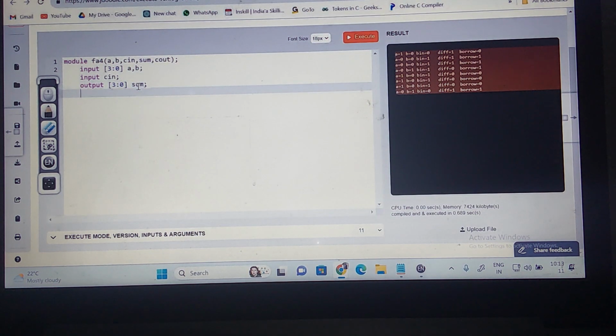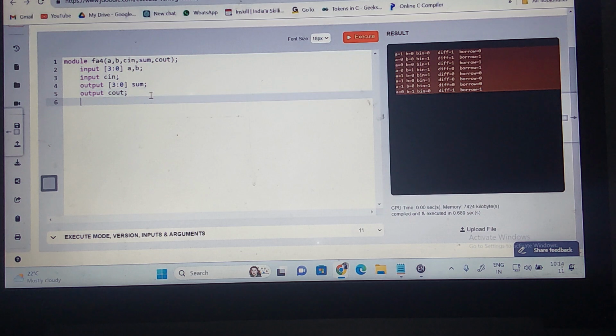Right? Then C out is the other output. Then what are the wire data types? C0, C1, C2. That's it. But are we using any wire C0, C1, C2? We are not using them in this case, since I'm asked to do this using the concatenation operator. No need of wire. When you're modeling at gate level, then you need C0, C1, C2. Since I'm doing this using continuous assignment, I don't need wire data types C0, C1, C2. So I'm modeling with 4-bit A, 4-bit B, and I'll be getting a 4-bit sum and 1-bit C out.